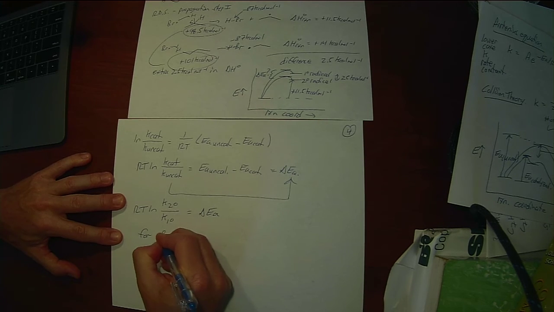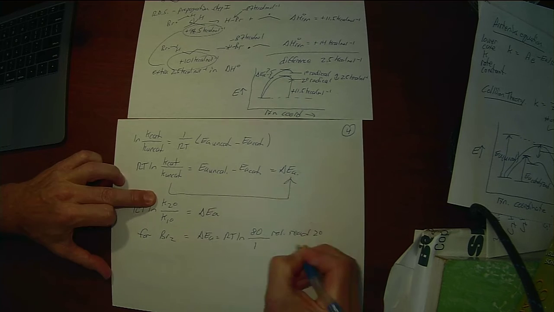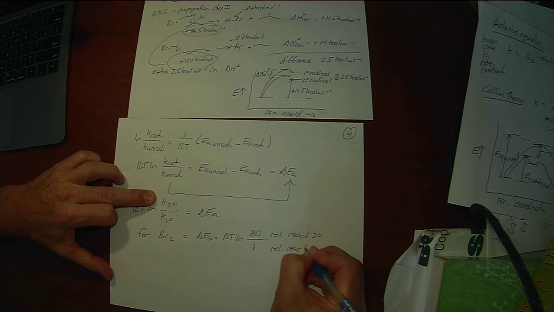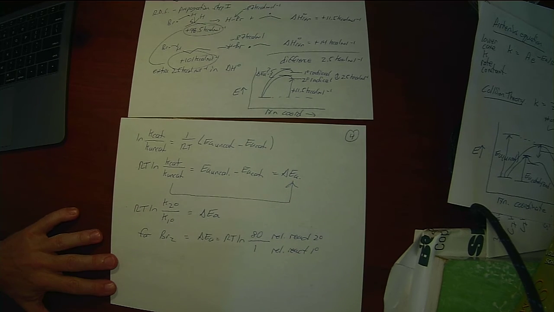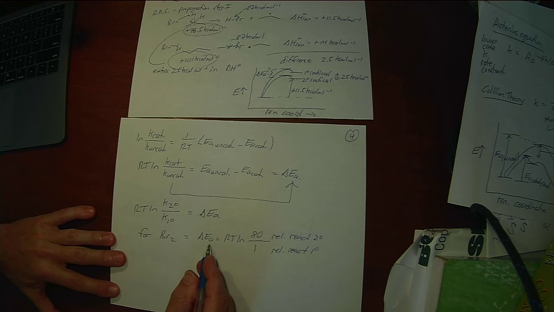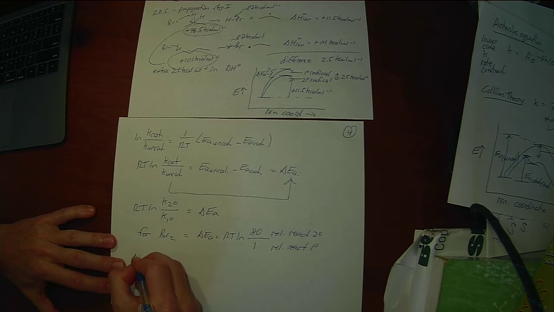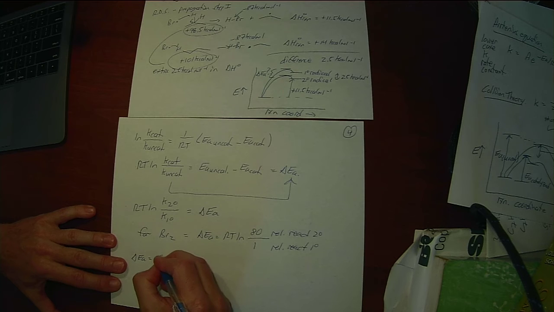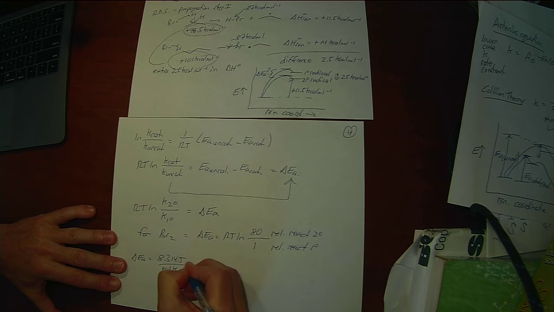So for bromination, we're looking at relative reactivity for primary, which is 80. And that allows us to calculate the difference in activation energy, right? So we can say that delta Ea is equal to R, 8.314 joules per mole Kelvin, times T, 298 K, right? Or for bromination, actually,